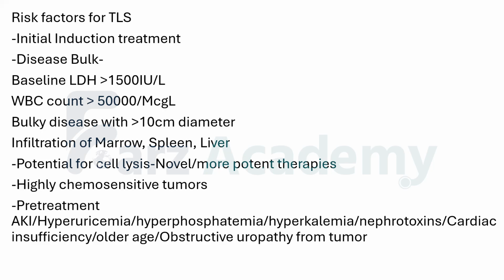So whenever such high tumor burden patients come for chemotherapy and they have these underlying factors, you have to suspect they may land up in tumor lysis syndrome, and before starting chemotherapy you have to start hydration prophylactically in these patients. And when at very high risk, like a bulky tumor more than 10 centimeter or a high LDH level, it's better to shift such patients to the ICU and start chemotherapy there.